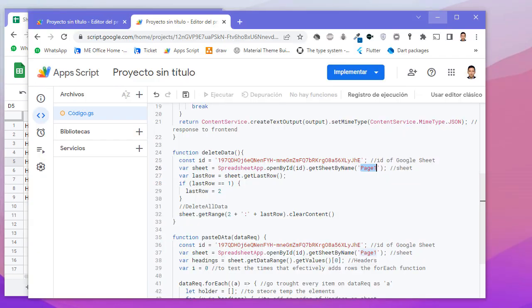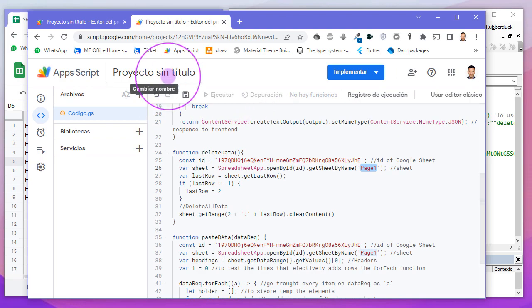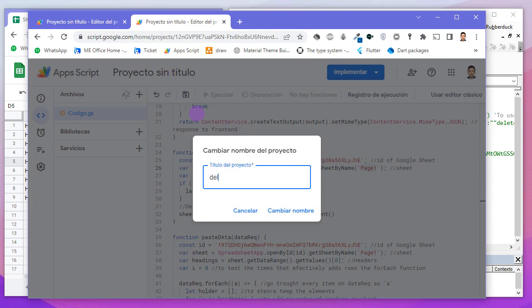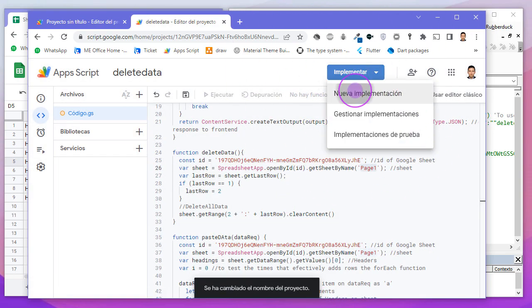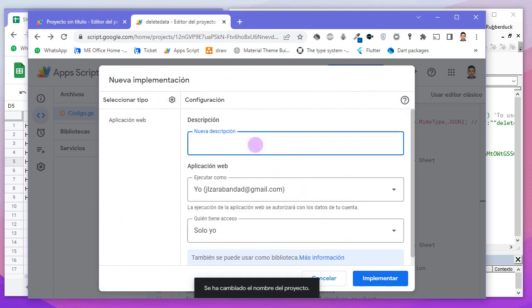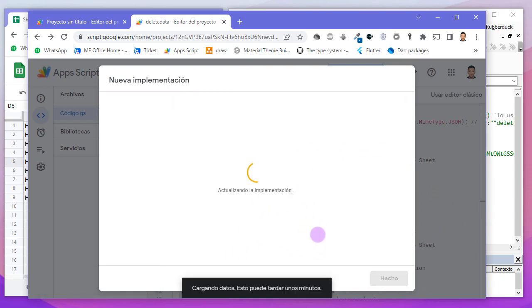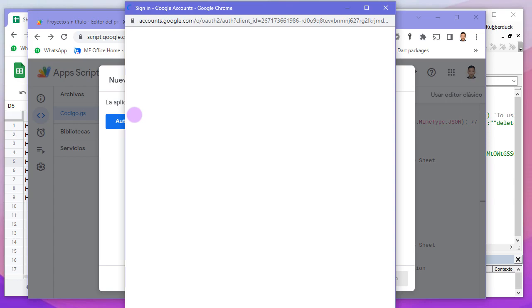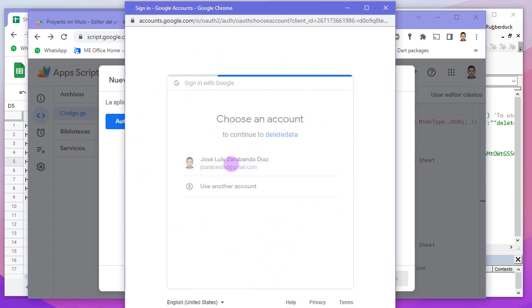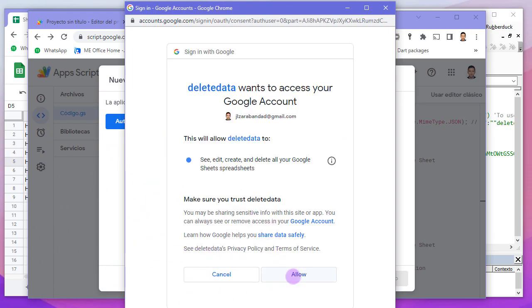In my case, I already updated my code. Here is my ID, here is my sheet name, and I will give this project a name. For example, delete data. Change the name, deploy, new deployment, select the type as web app, and give a description, any name, for example the same name as the project, that's not important, and who has access: anyone. In my case, I will give access to this project to make some changes in Google Sheets. This is a dialog for that. I click on allow,